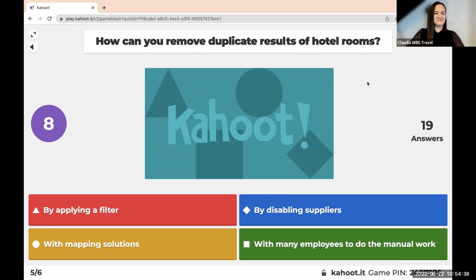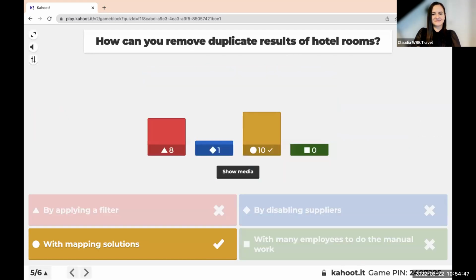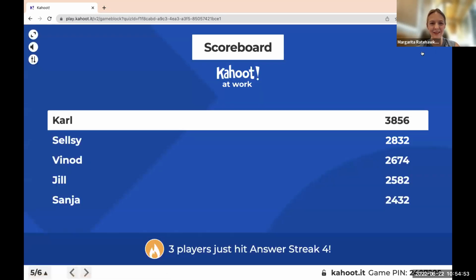Like trivia. So the correct answer is meta solution, and many people knew it.